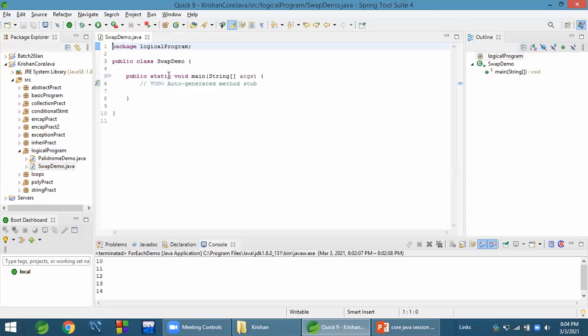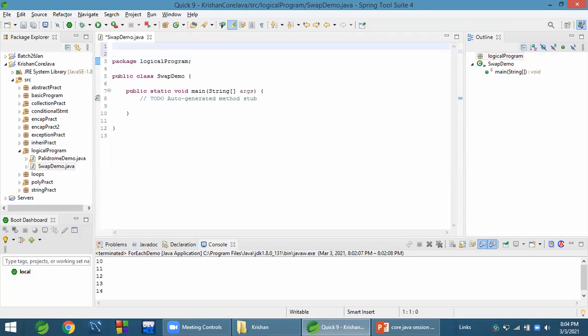Everyone can start writing now. Take a title, write a program to swap contents of two numbers. This is the program. Start writing this.